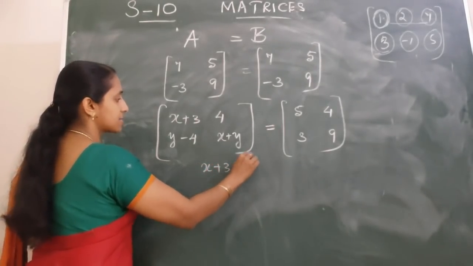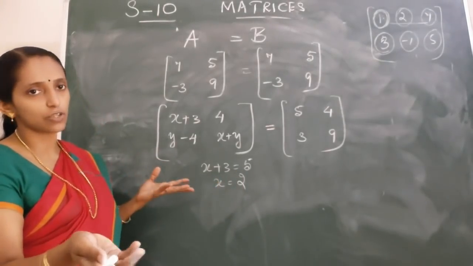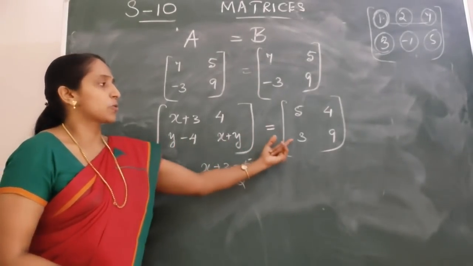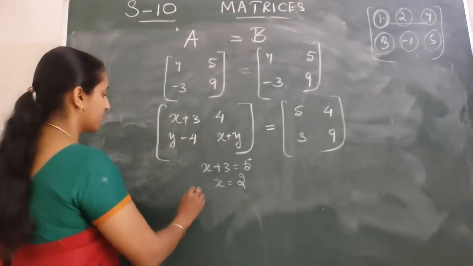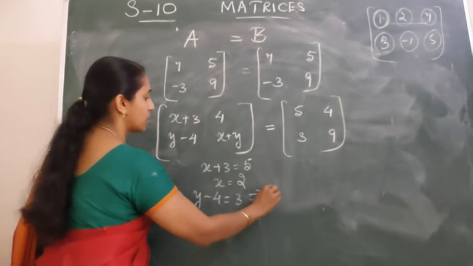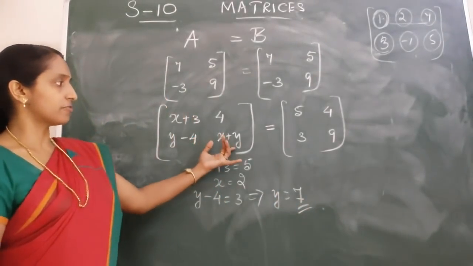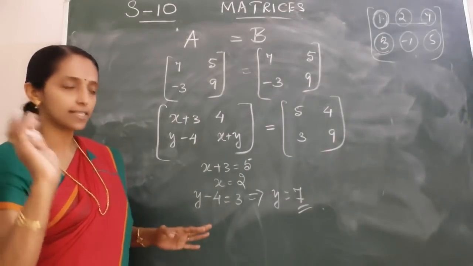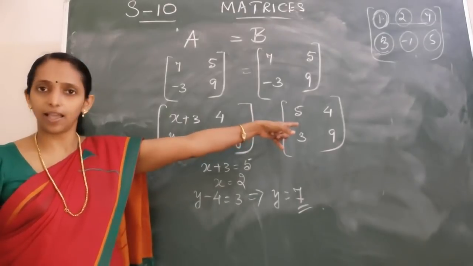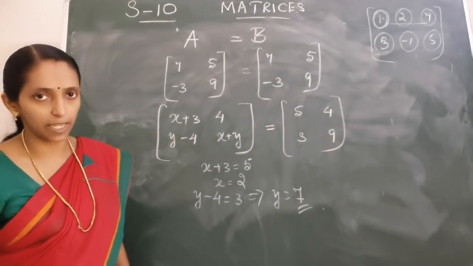So what will be x? X will be equal to 2. You have to find the values of x and y only. And secondly, you are getting y minus 4 equal to 3, which implies y equal to 7. Right? Then no need of going for this. We got the value of x and y: x as 2, y as 7. 2 plus 7, 9 we are getting. Okay? So to find out the unknown quantity,